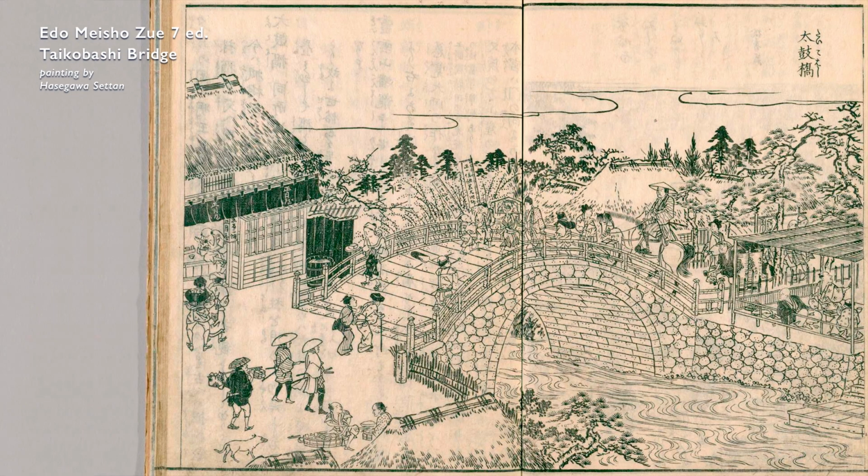The Taikobashi Bridge in the Edo Meisho Zue shows the bridge in great detail. You can see that it was a magnificent bridge built firmly with masonry. Only the roof of the tea house Shogatsu-aya on the left side of this painting is also depicted in Hiroshige's